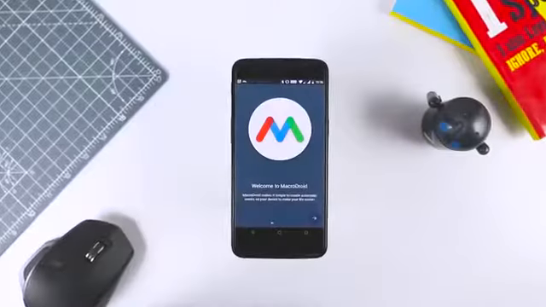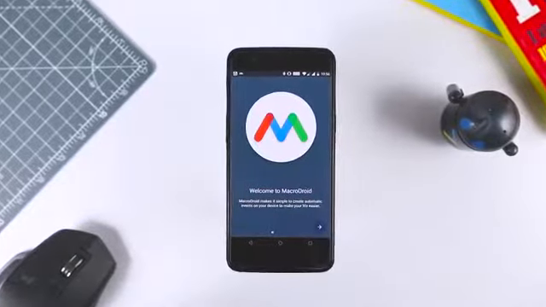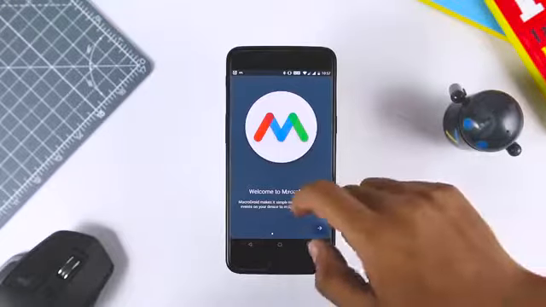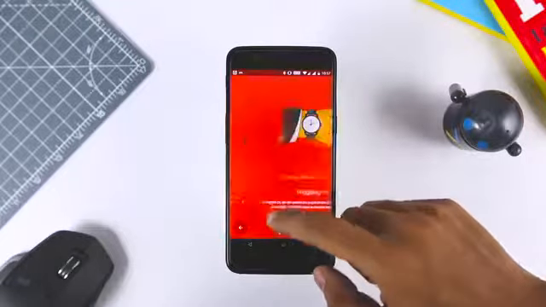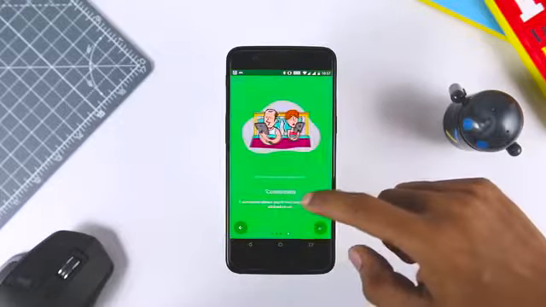Control anything in your phone with MacroDroid. MacroDroid is a powerful app used to control basically anything in your Android smartphone. This is one of the best and easiest automation apps in Android. Some of the best examples of what this app can do is turn on the Wi-Fi connection when you launch a